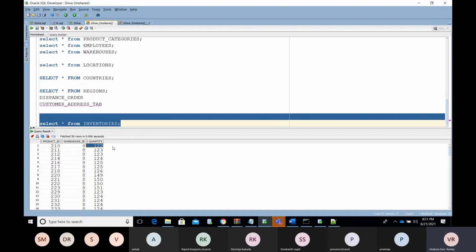Try to compare this week versus this week, the inventory week versus the order week. If the orders and the inventory quantity match, in the sense that you are able to generate 100 quantity and you are able to sell 100 quantity,